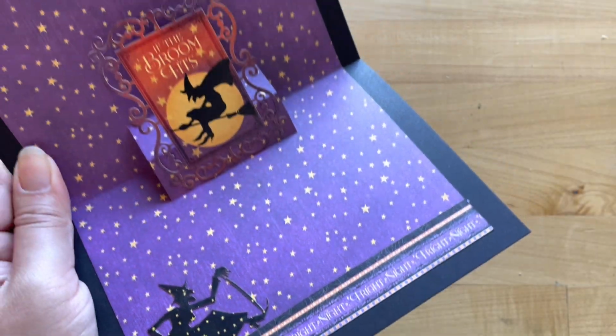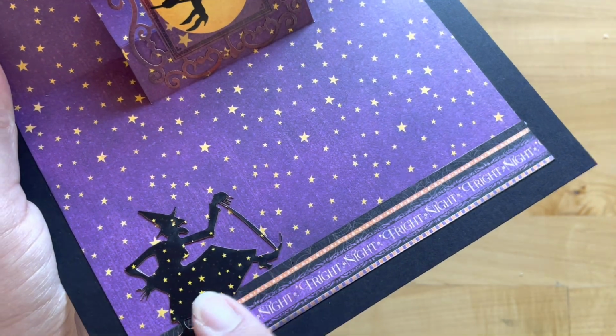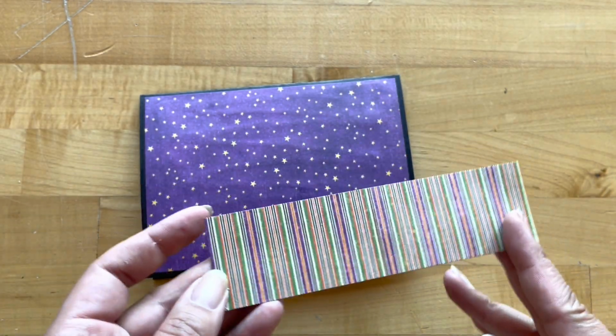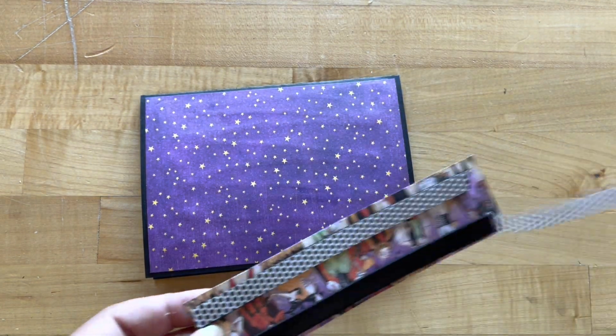And for the last step on the inside, we're just going to grab this witch walking. Want to make sure it's not the one on a broom, but this witch taking a stroll. Step 6, we're going to cut a piece of Let's Party to 6.5 by 1 3/4, and then using some pop-up adhesive